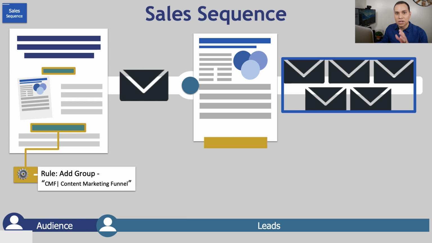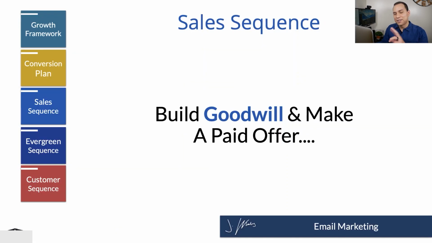So all the sales automation is supposed to do, I'm going to switch between automation and sequence, is build goodwill and then make a paid offer. Now, the key is make a paid offer, not a hard sale here, because someone just entered their name and email. We're doing soft selling here. We're not doing any hard sales with the sequence because we don't know how interested they are in our product or service. We're just keeping it nice and basic because a majority of people are not going to buy. So we need to drop them into our second sequence and continue to follow up with them, if not for a couple weeks or a couple months.